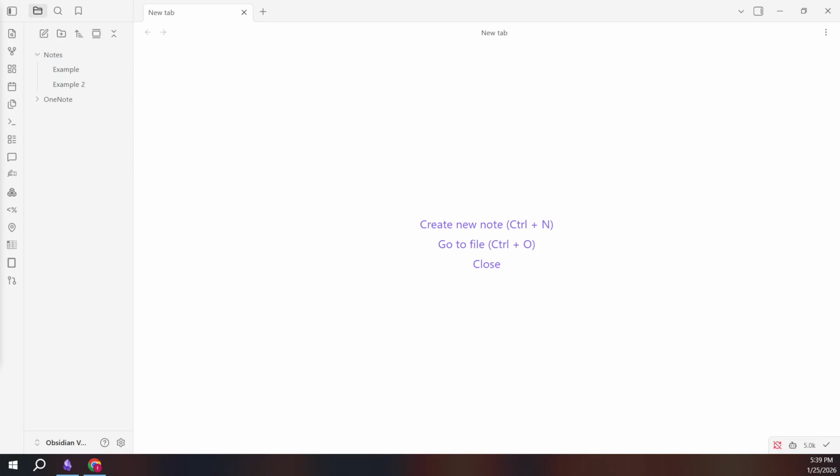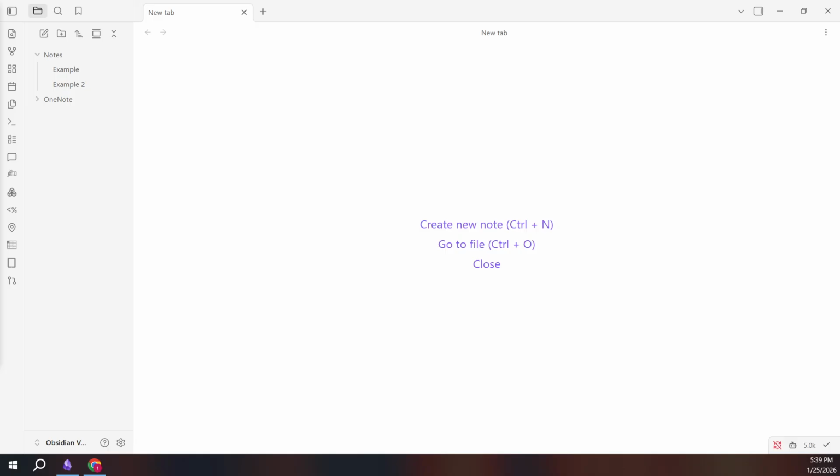In today's video, I'm going to teach you how to migrate to Obsidian from OneNote. By the end, you'll have your OneNote content brought into Obsidian as clean markdown notes, with images and attachments preserved, and a clear place to find everything inside your vault. I'll walk you through the exact clicks, explain what each setting means, and share a few tips so the process